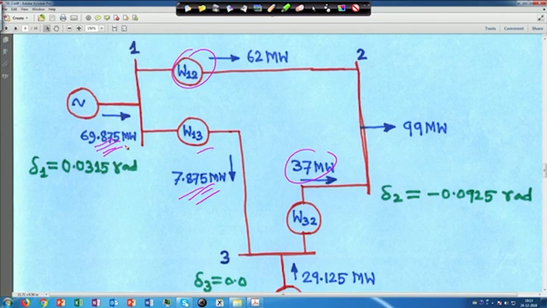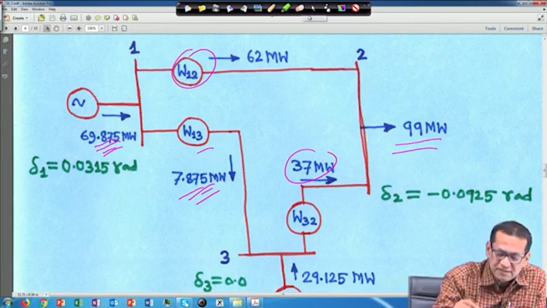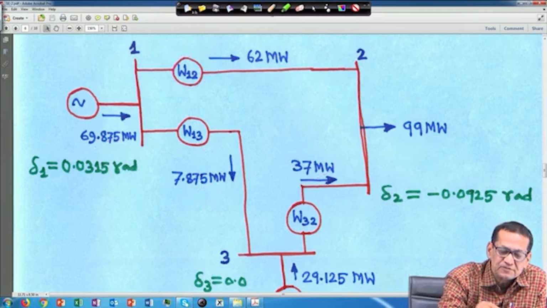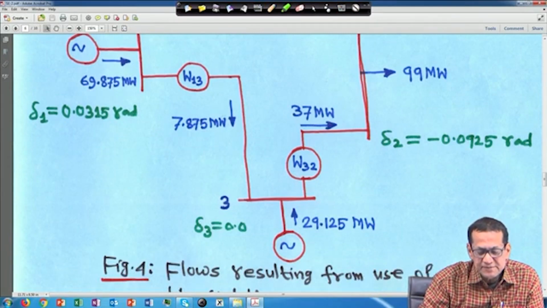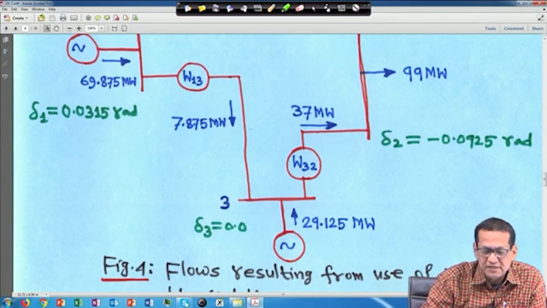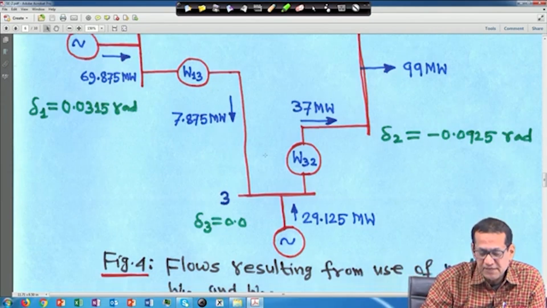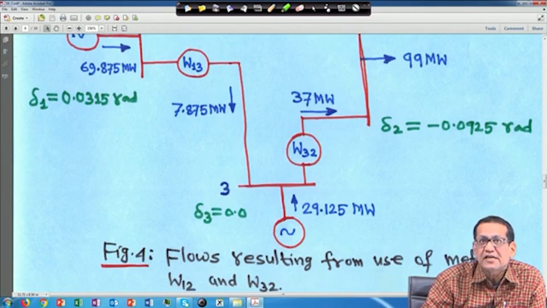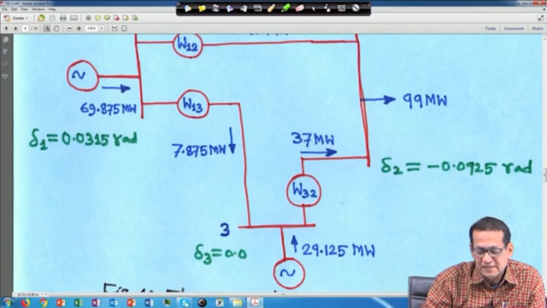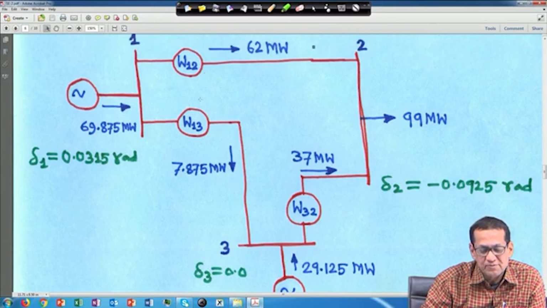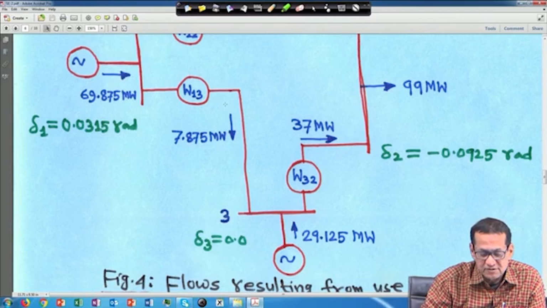And in this case the 62 plus 37, so it is 99 megawatt, and here let me move a little bit up. Here if you see this, this is 7.875 and this is 37. So, 37 minus 7.875, so generation is actually 29.125 megawatt, right. Similarly, if you take the other 2 readings, you will find a different flow, here line 3 to 2. If you just take this W12 and your W13 reading, right. So, from that